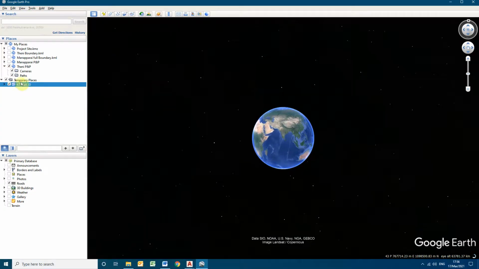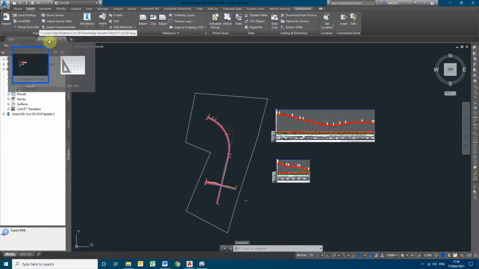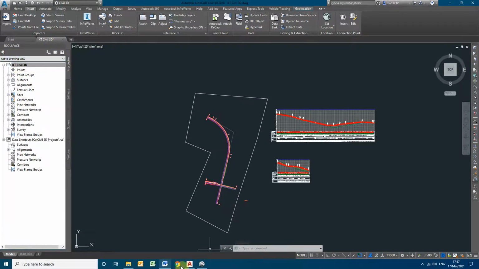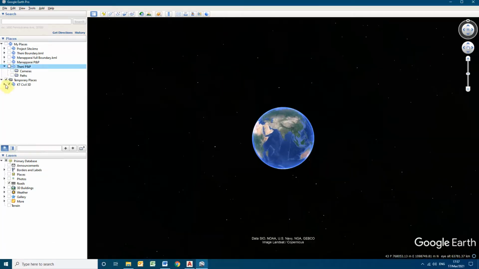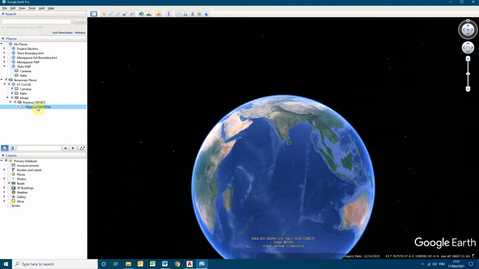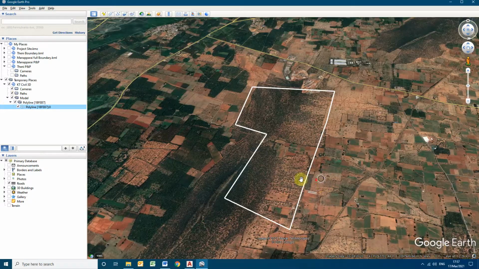This is the KT Civil 3D road. You can see our project name, KT Civil 3D road here. With the same project name, the file will be generated. If I drop down here, the boundary I had selected is in the polyline mode. By double clicking on the boundary, it directly goes to the location. This is our project location. This is the site that we are working on for my current project, and I had taken the reference of that site.